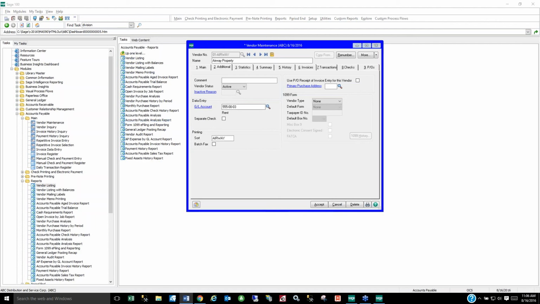Next up, 1099 setup. In more recent versions of Sage 100, we've had a little bit more enhancement in terms of what's available over here in the 1099 box, also in the Vendor Maintenance Master under the Additional tab. The 1099 form section allows you to set up a vendor for 1099 payments and 1099 data collection,